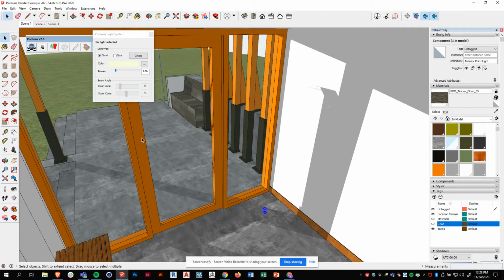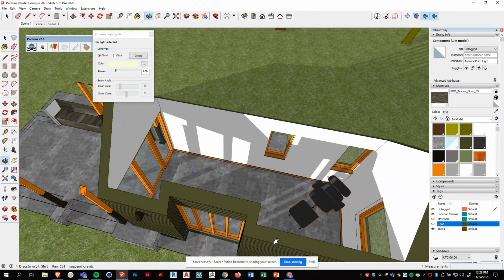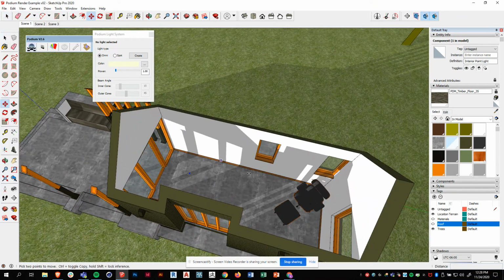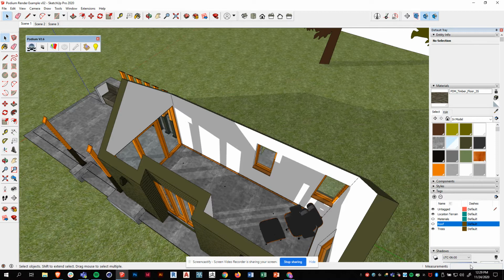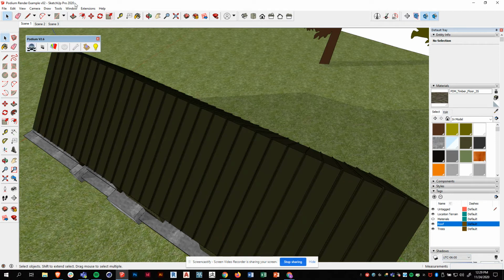And now I'll copy this down 2 more times. So I'm going to go ahead and copy it 5 feet. And I'll do another one at 10 feet. Or I moved that one. Sorry. Let me copy that one down. Good. 5 feet. So now I've got 3 point lights, 5 feet apart, 4 feet high. They're all a component, so they're all linked. Okay, so I'm going to close this, turn on my roof,